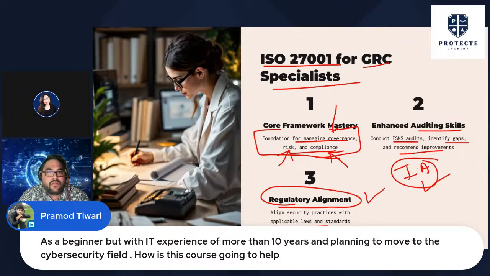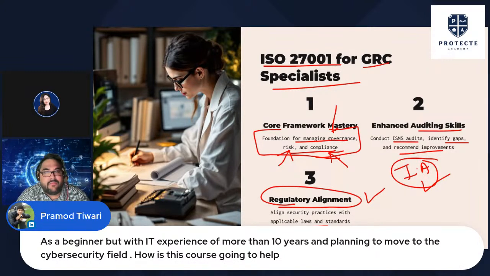First of all, the domain is governance, risk and compliance. If you want to pursue a career towards governance, risk and compliance, there is only one pathway which I would highly recommend to anybody who wants to switch to the GRC domain, and that is ISO 27001. It gives you a complete understanding of the different roles and the different responsibilities out there. So if you do not have any IT security experience, only IT experience, it doesn't matter at all,